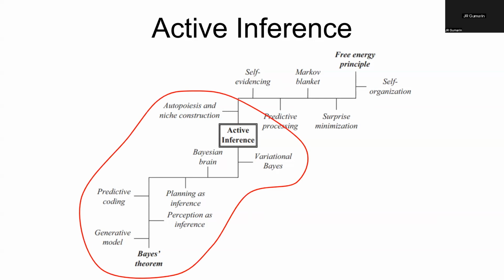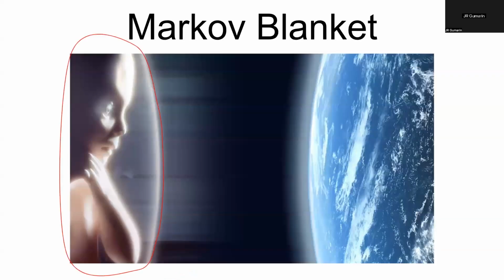On the top, you're seeing the free energy principle, which I'm not going to go into detail on, but an interesting motivating concept in the free energy principle is this idea of a Markov blanket, which is formalizing mathematically our intuition about what it means for something to be a thing that is distinct from other things out there in the world, a thing that's distinct from its environment. The idea is that what makes a thing distinct is its boundary. And then there's some math for how you can describe that boundary based on Bayesian networks.